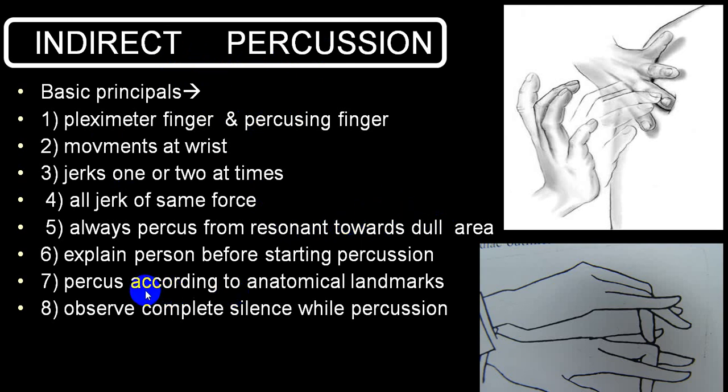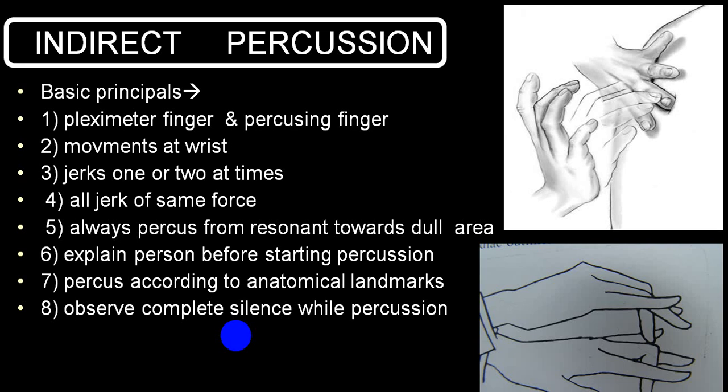And you should be aware of the anatomical landmarks. In the second intercostal space in a normal person, when you percuss on the right side, that is the aortic area, it is a resonant note. The same way on the left side, which is the pulmonary area, is again a resonant note. So if anything is abnormal in that space, the second intercostal space, if you get an impaired note or a dull note, it is abnormal.